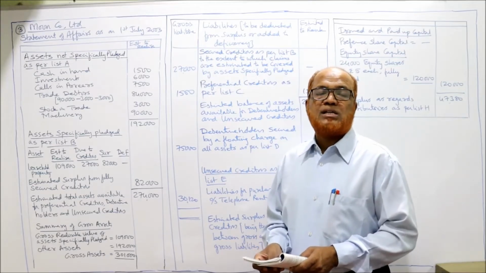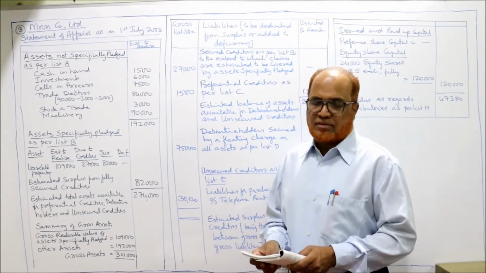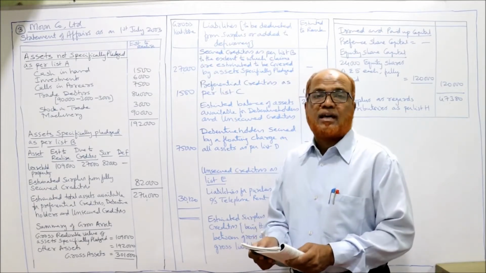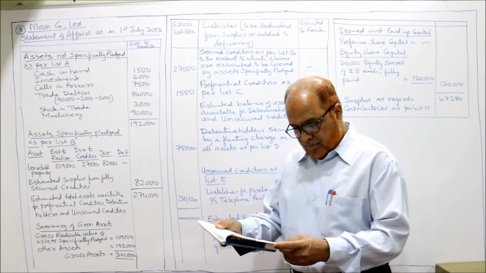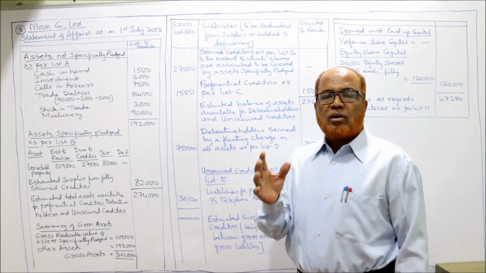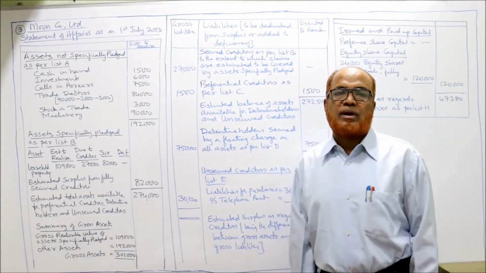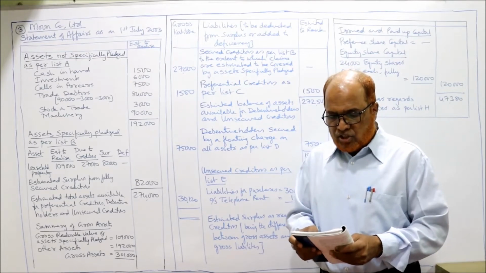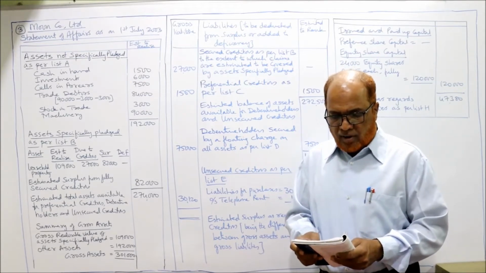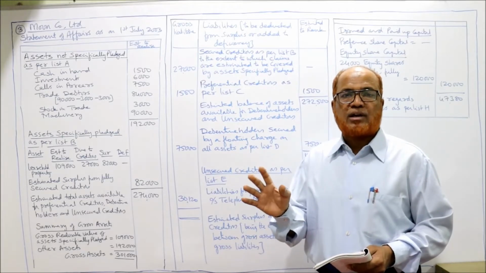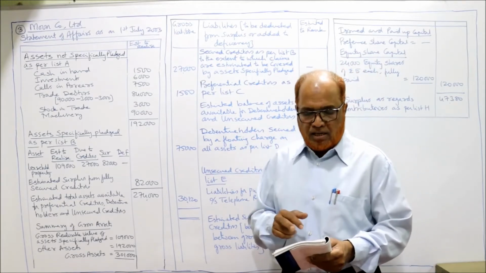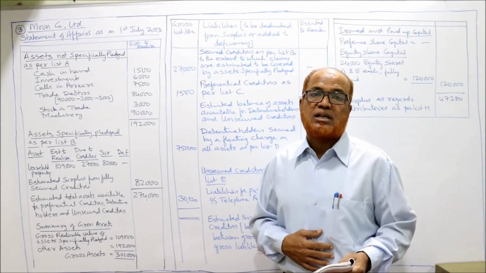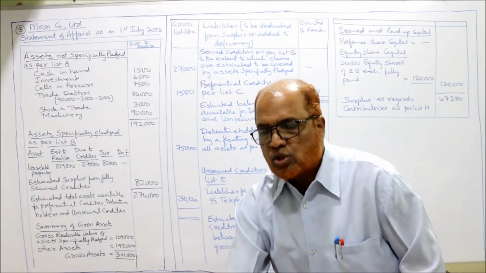The bank overdraft is secured by the deposit of title deeds of leasehold property. So leasehold property is pledged for bank overdraft. The realizable value of leasehold property is 1,09,000. And how much is the bank overdraft? 27,000. Bank overdraft 27,000. Realizable value of leasehold property 1,09,000. Fully secured. We'll get the surplus. Preferential creditors are 1,500. Telephone rent outstanding 120. The preferential creditors 1,500 we will take under list C, and telephone rent outstanding will be taken under unsecured creditors, list E. That's it.